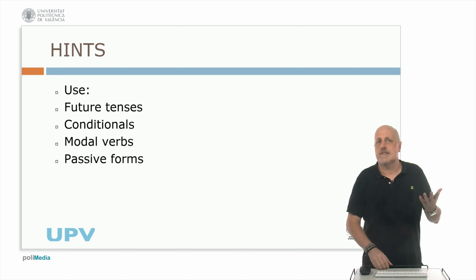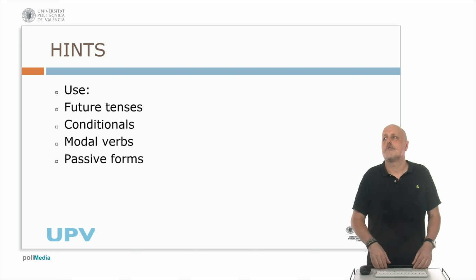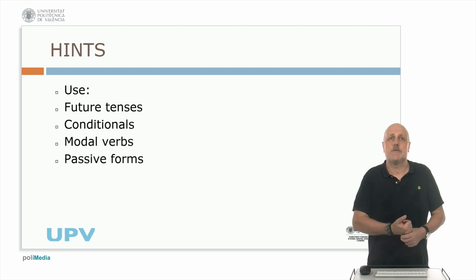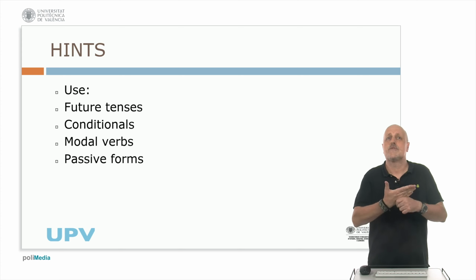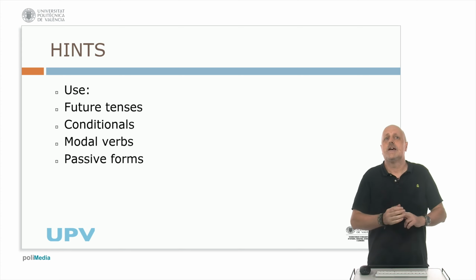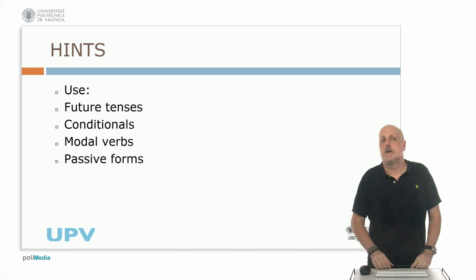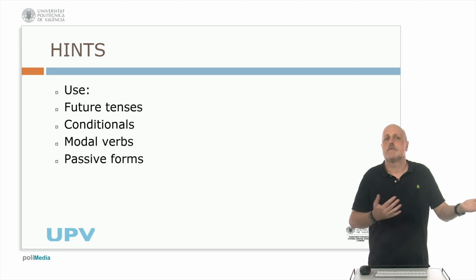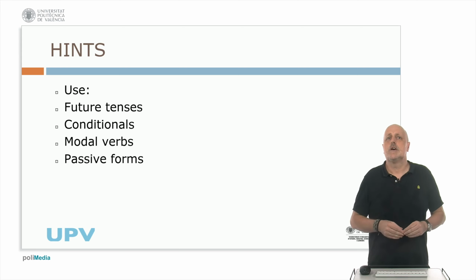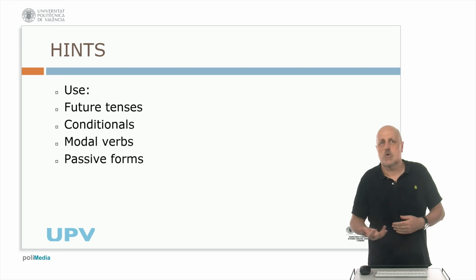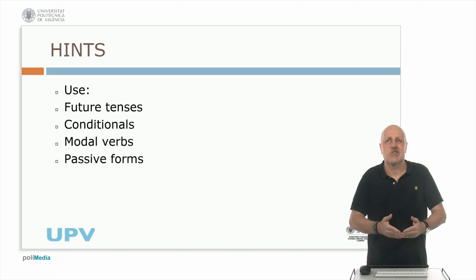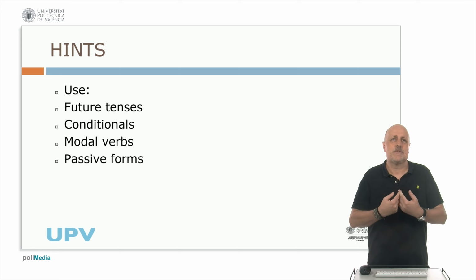These are things you should use grammar-wise. Future tenses, okay, we're talking about the future. Use future tenses, use conditionals, modals, and passives. Again, it's impersonal, so for the impersonal part, use a passive. Use a modal, should, ought to. Okay, you're giving recommendations. Modal verbs are important in all types of writing, but if you're giving a proposal, you're proposing something for the future, so bear in mind this use.